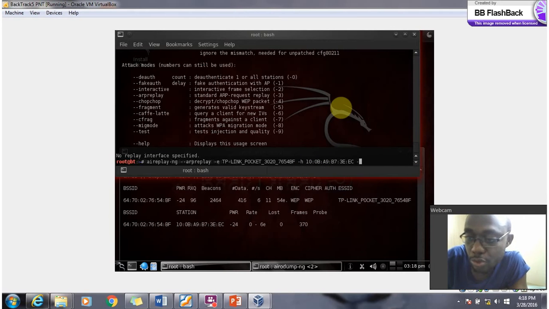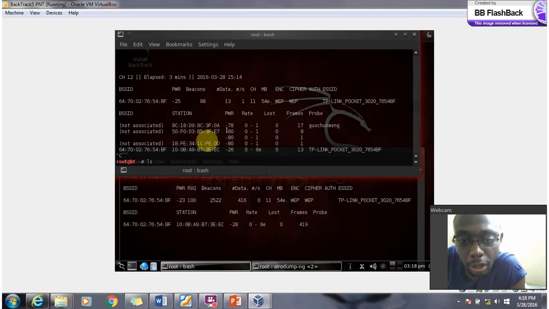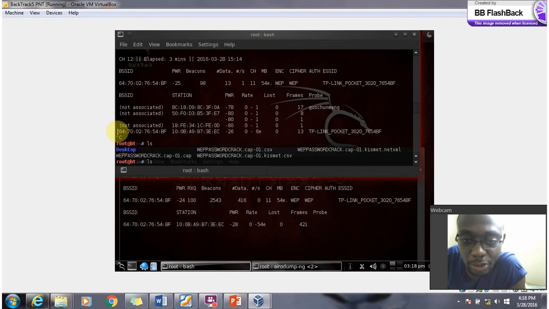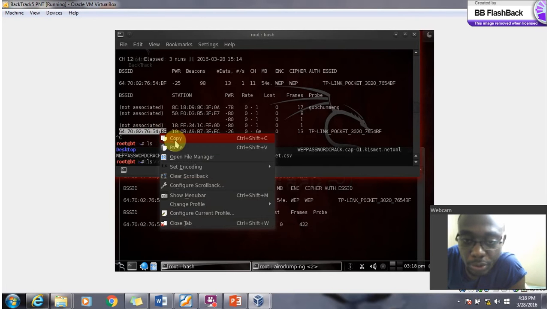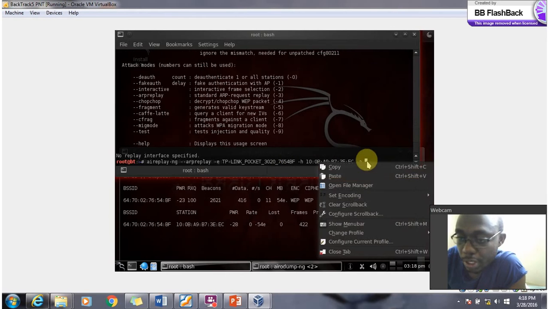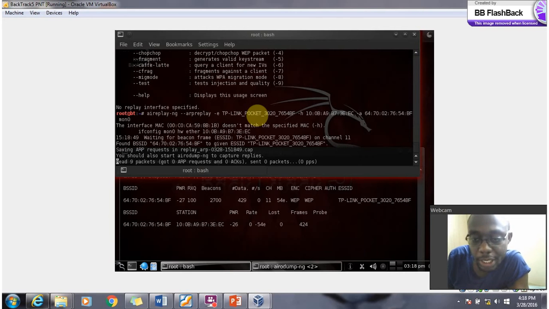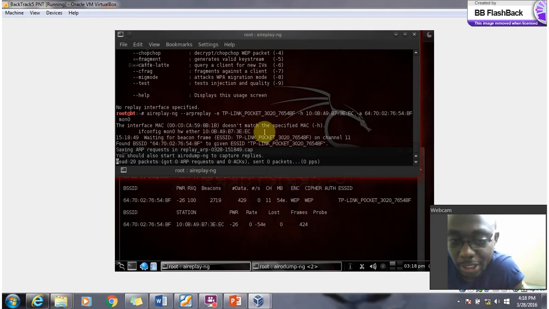And then I'm going to use -a to specify the BSSID, and the BSSID of the access point is actually this one. So we're going to copy that as well, paste that, and then remember to add the interface, wlan0. Alright, we can enter that, and as you can see right now, it's reading the packets